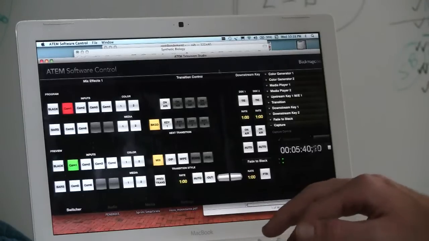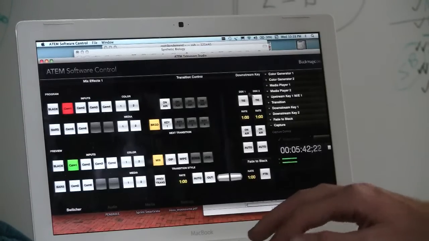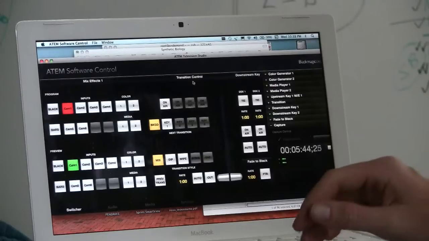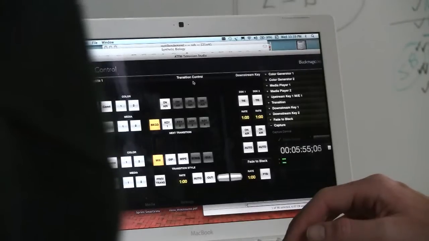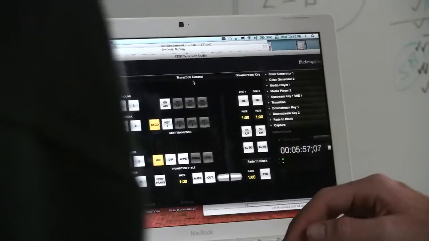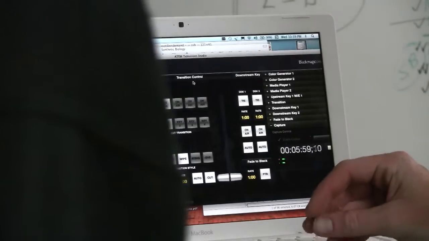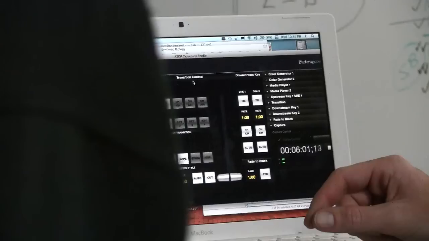How do you stop recording? You click the big stop button. I'm not being a smart ass, but I'm not seeing a big stop button. I'm sorry. Is it the red button? No, that's camera one. That's input. Is that cut? Ethan, not being a smart ass. Is that gonna be